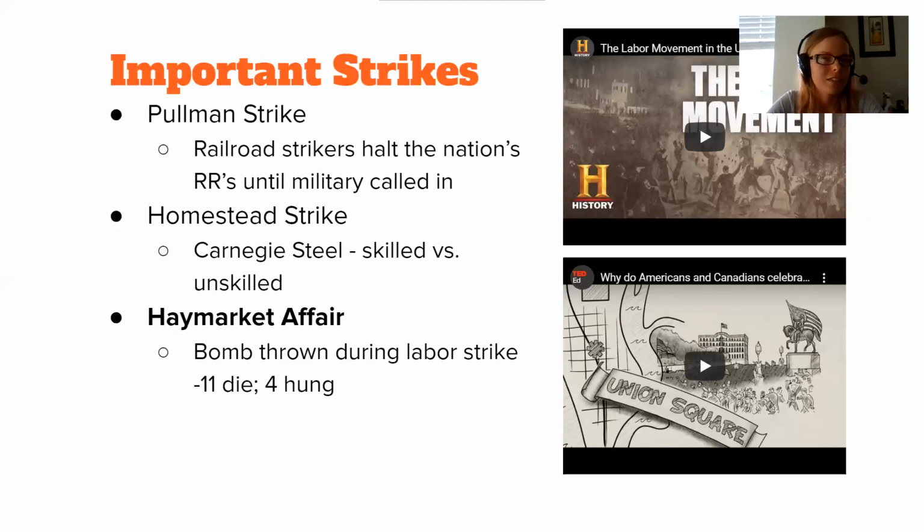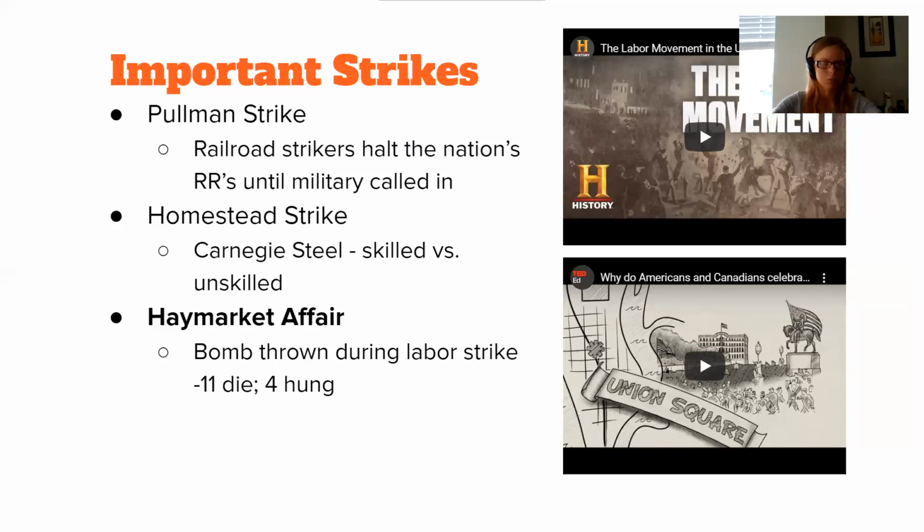And so the following day, labor leaders and the city government agreed to do a peaceful march. Does this sound familiar, right? In protest of police brutality through downtown Chicago. And in Haymarket Square, they were giving speeches and everything was progressing very peacefully. And then the cops came and started to disperse the crowd, and nobody knows exactly who did it, but somebody threw a bomb at the police. Maybe a Molotov cocktail, a homemade bomb, and it goes off, and there are about 7 policemen that are eventually killed. Some of them maybe even by friendly fire as the police started firing randomly into the crowd.